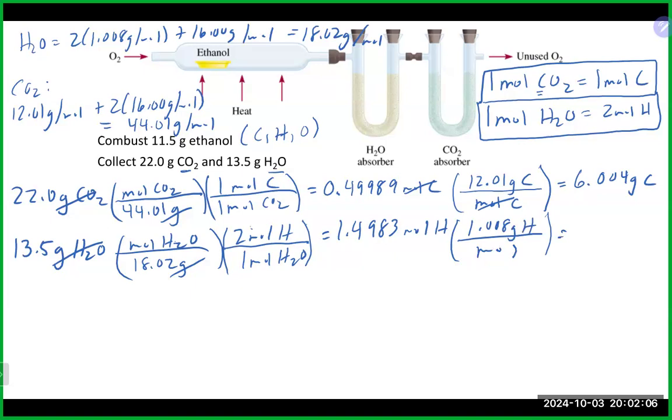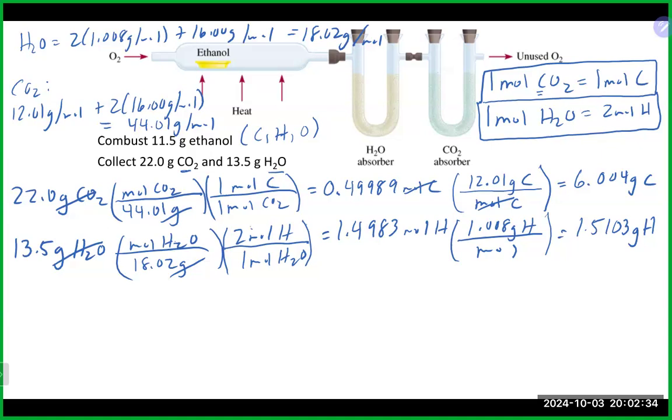And that's going to be times 1.008, which will give us 1.5103 grams of hydrogen. Any questions on those calculations there? So very similar to what we were doing earlier when we did the nitrogen and caffeine and so forth. Again, that 1.5 grams of hydrogen all had to come from our original sample that we went through our combustion